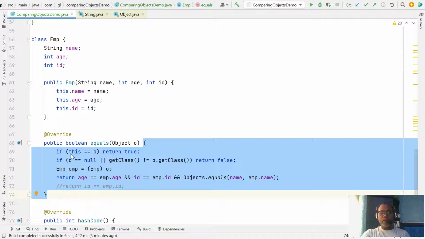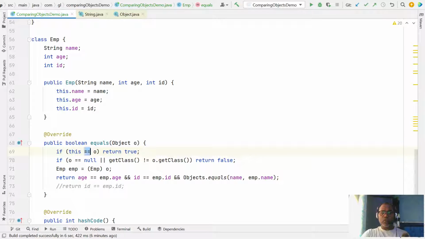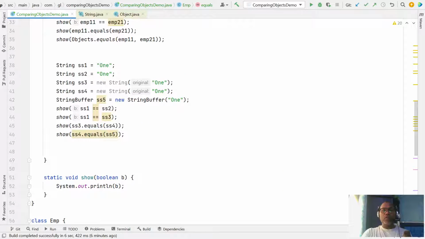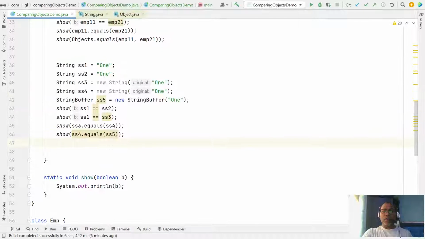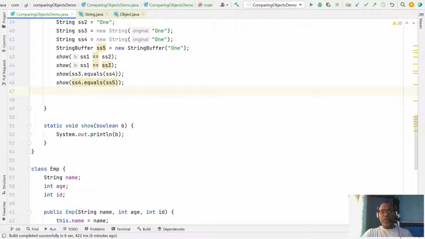And while writing it, you ensure you provide the double equal to operator functionality, and also check that both are the same type. If the type check does not pass, and the references are not the same, then you can check each and every attribute. In this way, you are providing the equals method logic, and whatever logic you provide, your equals method behaves accordingly. There is no standard definition that all attributes should be the same, or one attribute, or two attributes. Whatever logic you have provided, the equals method works according to it.